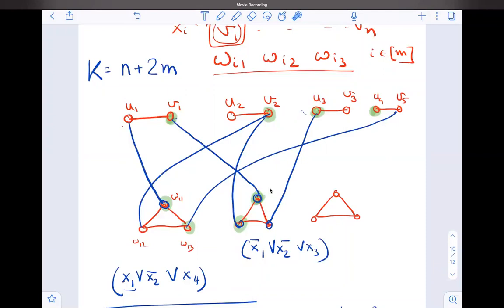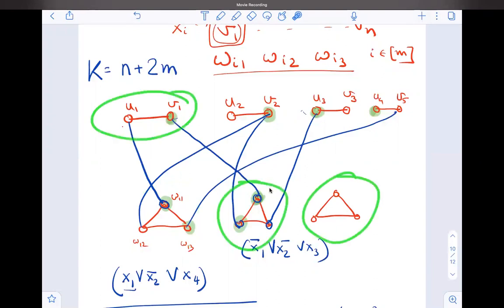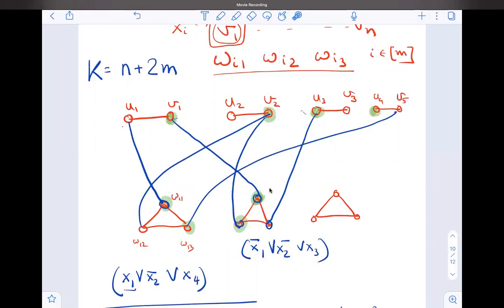Try to formalize it yourself. Again, as I told you, formalizing it is not the hard part here. You will be able to formalize it without any problem at all. You should think about how they came up with this construction. So we call them gadget constructions. Like for every clause, put a triangle. This is a kind of gadget. So this is something that we have to do slowly.